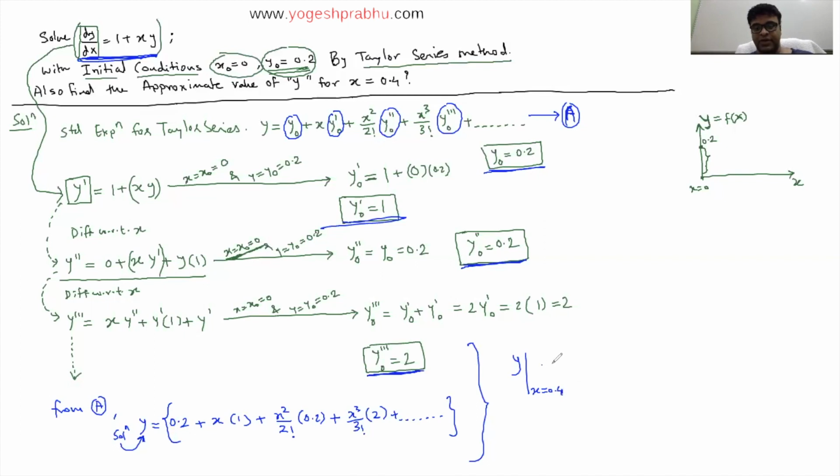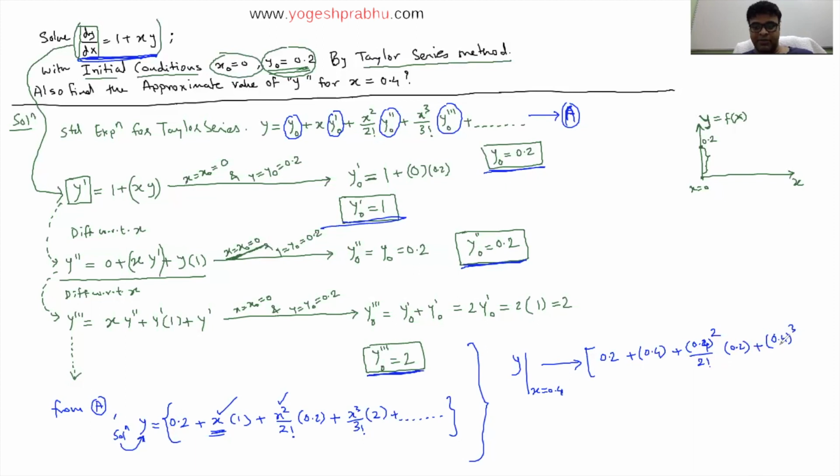I'm sure you can imagine how we will do this. If you have x equal to 0.4, you already have an equation of y in terms of x. Just replace all x by 0.4. So let me write this. It is going to be 0.2 plus 0.4, that is the value of x that I replaced over here. And then 0.4 the whole square divided by 2 factorial times 0.2, and then 0.4 the whole cube